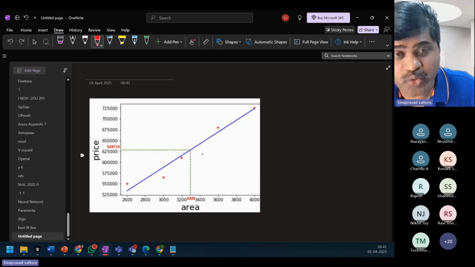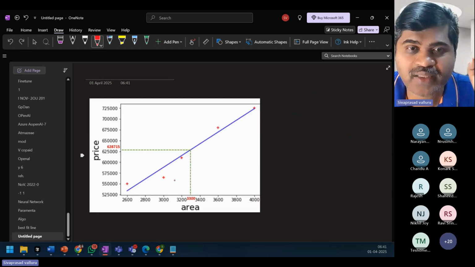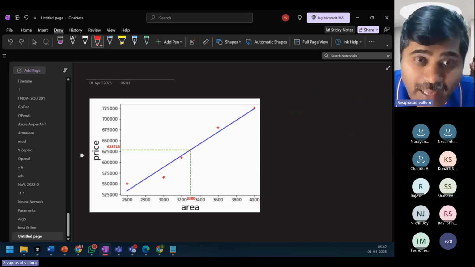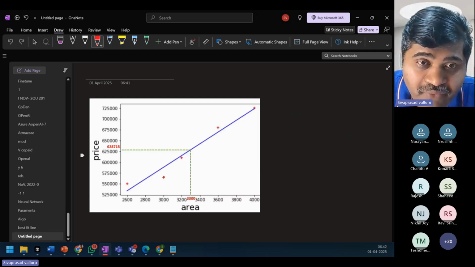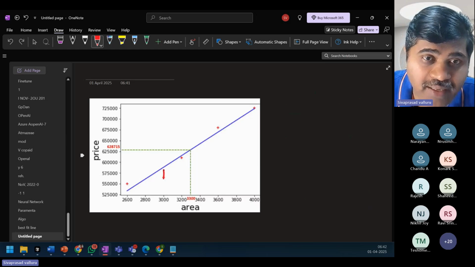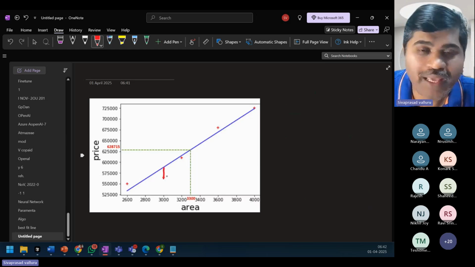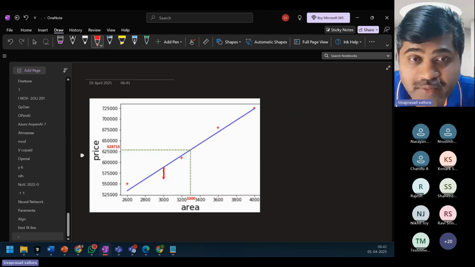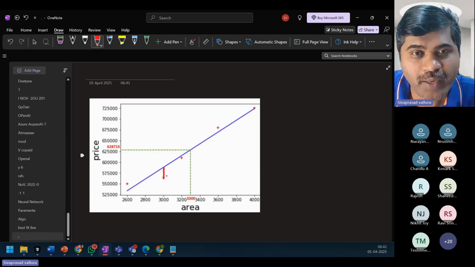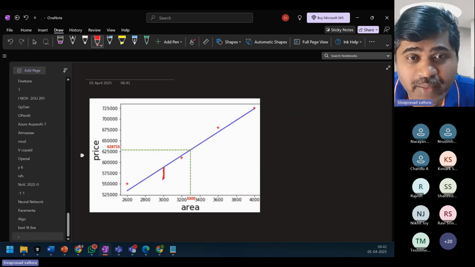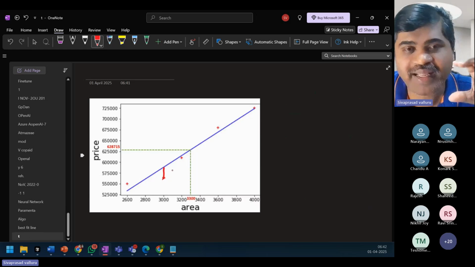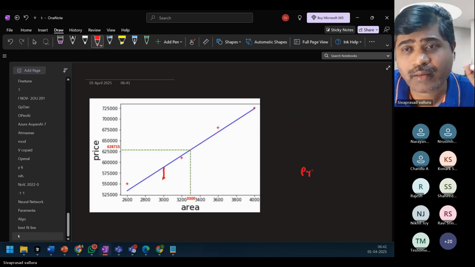If I have to tell that this is the best fit line, I can calculate the difference between this point and this line. I can say that this line is deviating this much from the actual point, or that there is this much error. The length of this line I can call an error.